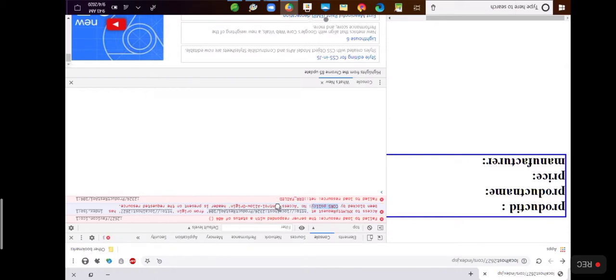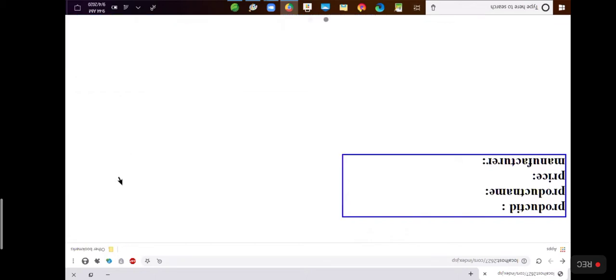Now we can see the error. And mainly this is blocked by CORS policy. CORS stands for Cross-Origin Resource Sharing. Nice. Let me close this. I'll close this browser also.